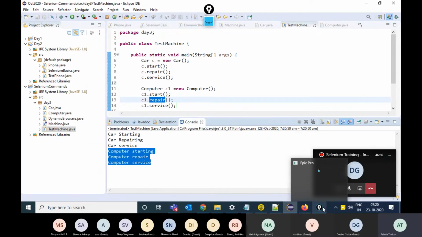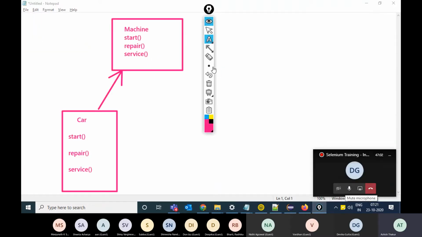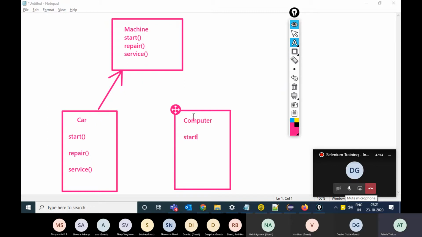So basically, if I go back to the diagram, I made one more class. Okay, the class was computer and it can have start, repair, and service functions. Now, what is the use of doing this? Why did I make an interface? I could have decided not to make this interface.